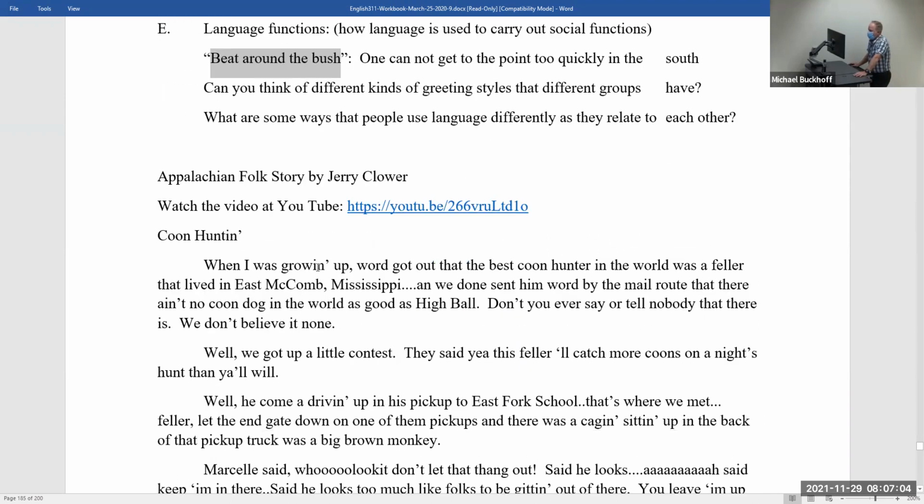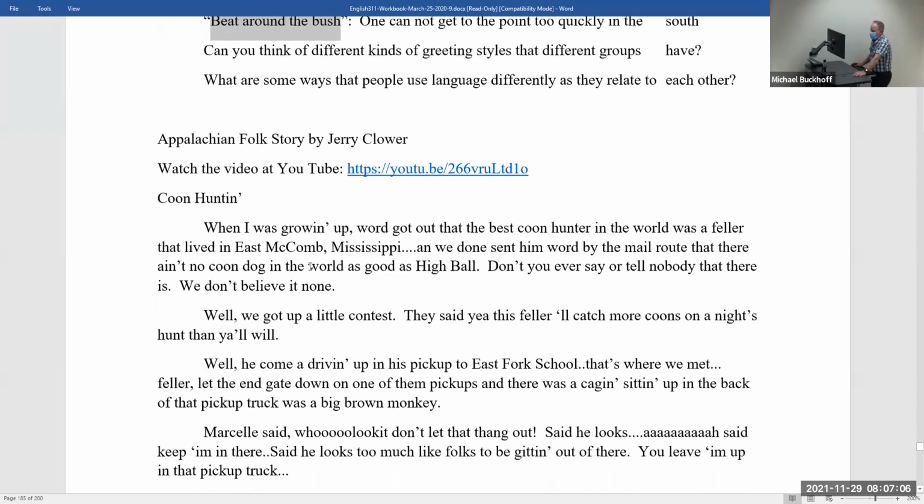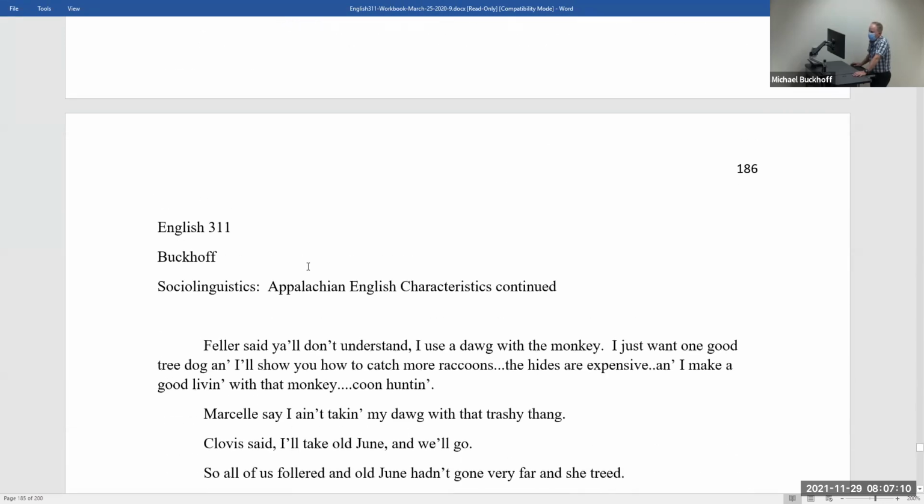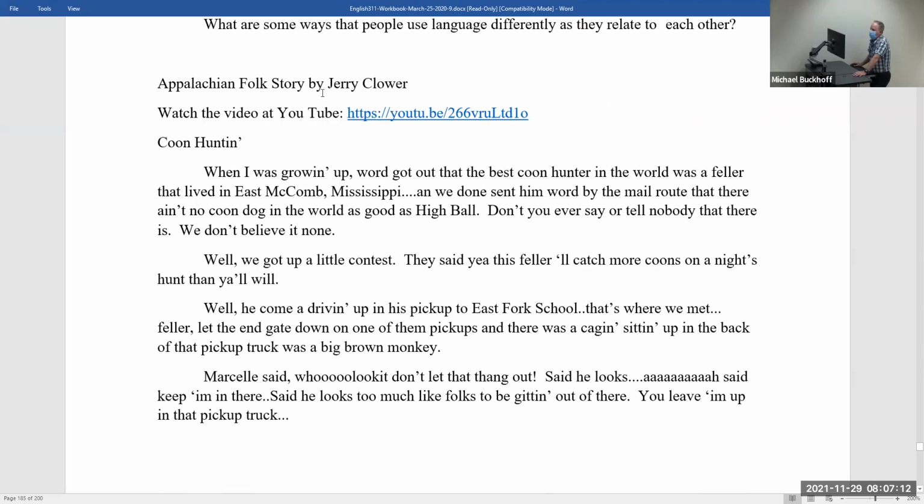Okay, so here's one from, what's the guy's name? Jerry Clower. Jerry Clower is a folk storyteller. He talks about hunting and all kinds of different things. And you'll see how